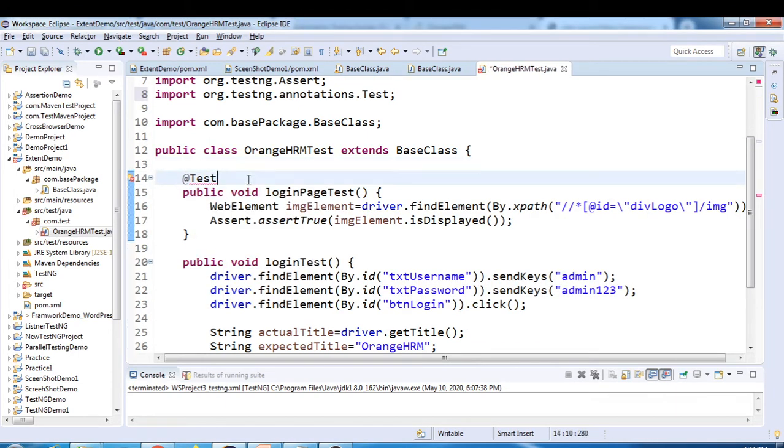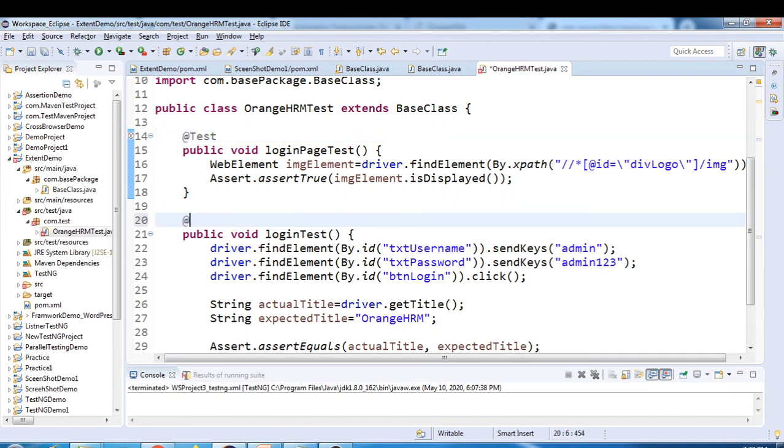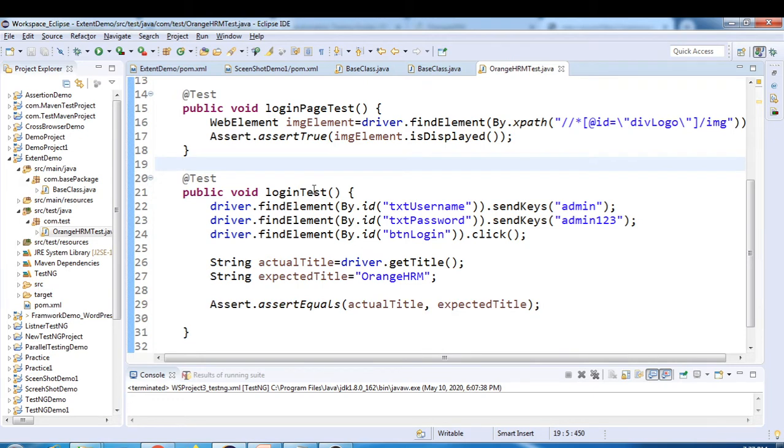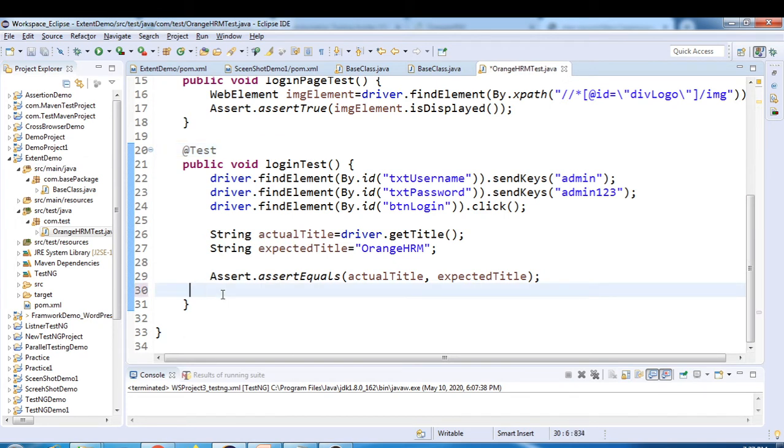And let's import this one and @test over here as well. So our test class is ready. We have two test cases. Okay, now what I'll do,